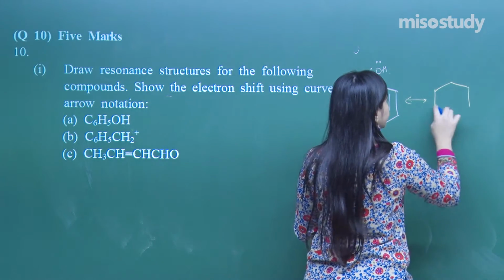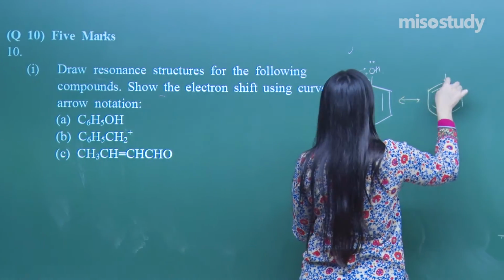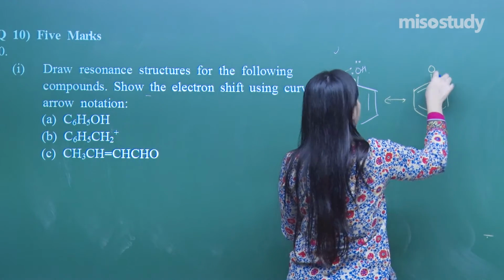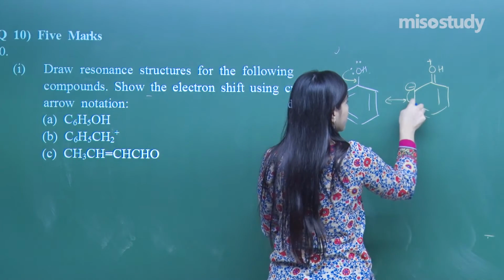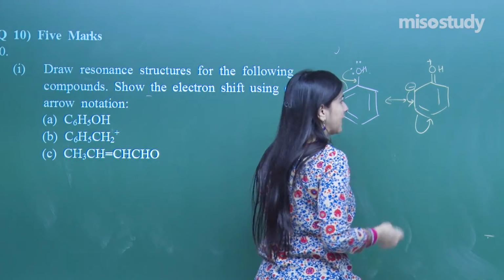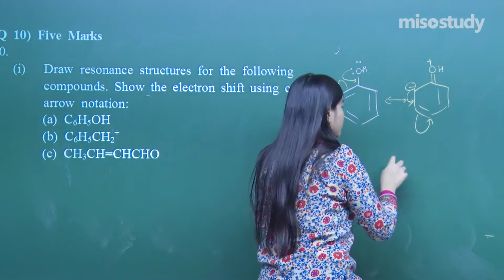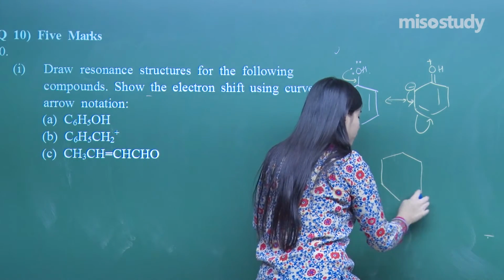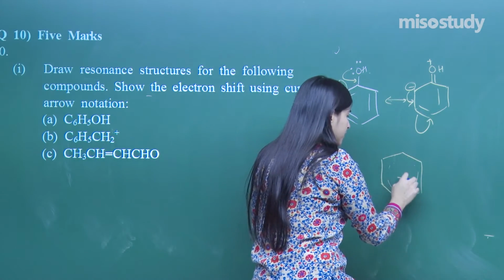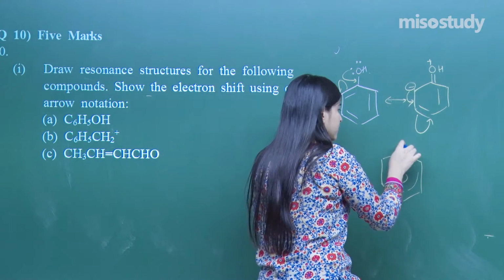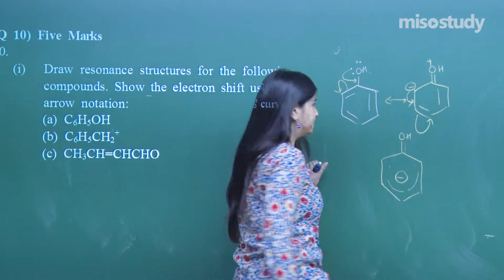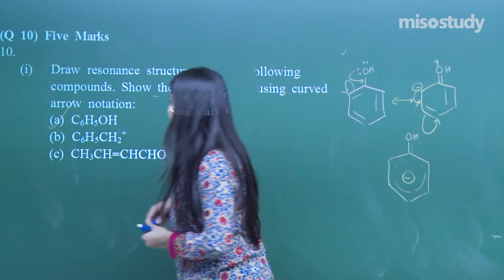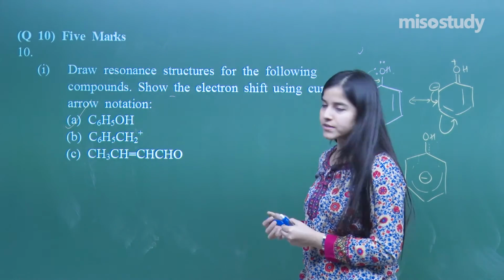Next resonance structure, there will be a double bond maintained here, positive here and negative here. Jump on the floor and then jump on the head, right? And so you have to make it. I am not going to make all the resonance structures. That is how the resonance structure will be maintained. Clear? First done. Second one, C6H5CH2 positive.